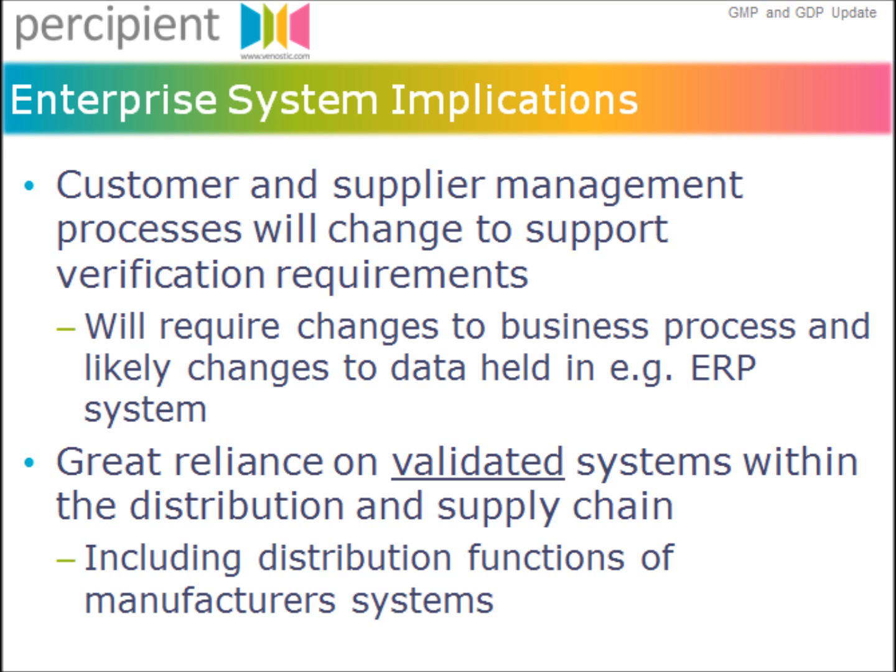The big distributors have already done that. Even the big logistics providers and transportation companies have already done that. But certainly small to medium-sized distributors, or potentially small to medium-sized specialist manufacturers who are also distributing, may need to look at that, or potentially extending the scope of the validation of some of their GMP